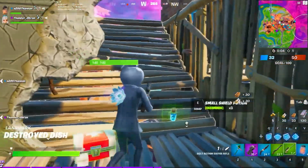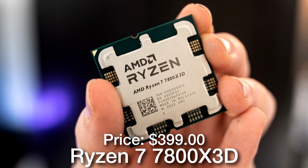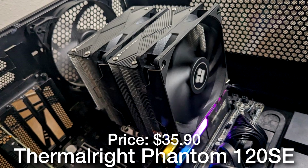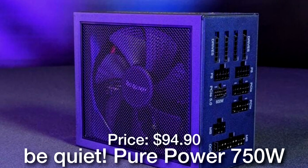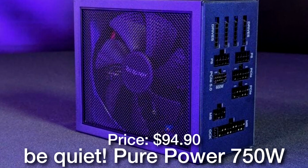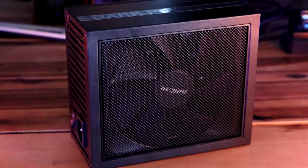And the reason why is because the CPU is the Ryzen 7 7800X3D, which is arguably the fastest CPU in the entire market and also super power efficient. Then for the CPU cooler, we have the Thermalright Phantom Spirit 120, and the other component that's different from the last system is the power supply, the Be Quiet Pure Power 12 750 watt 80 plus gold power supply, which is going to be enough wattage for this system and is A-tier rated, meaning that it's the best quality